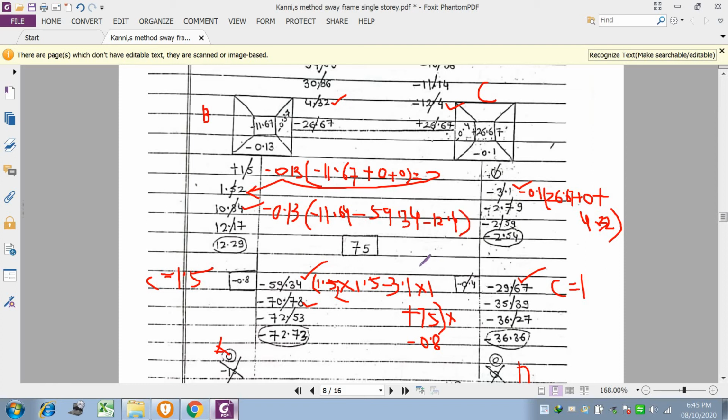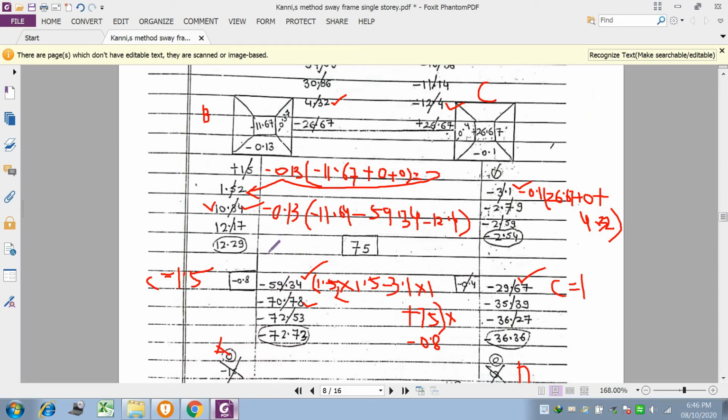Let us check that. 11.64, okay, 59.34, 12.4 into minus 0.13, so that will be equal to 10.3. So the answer will be equal to 10.84. Okay, so in iteration number 2, while solving iteration number 2, you have to understand that the